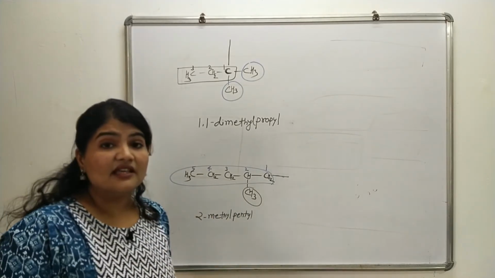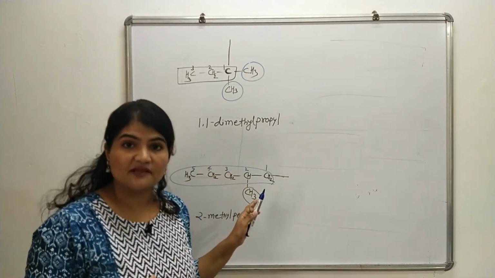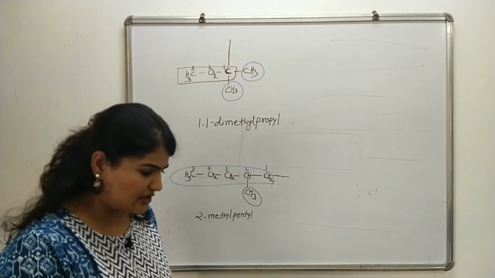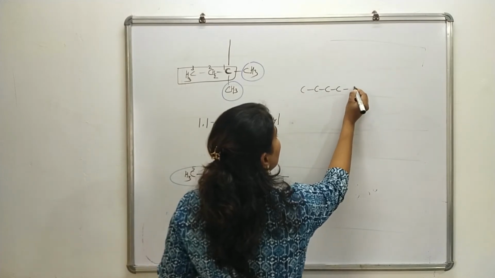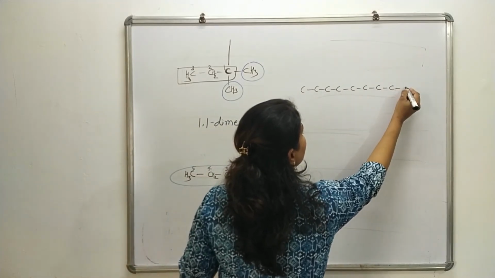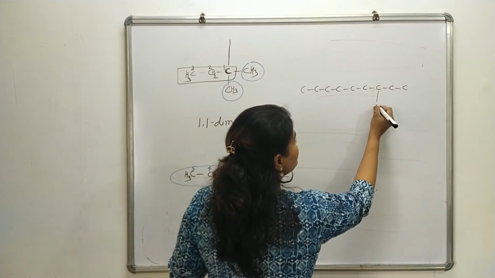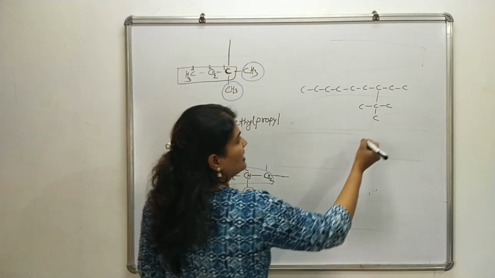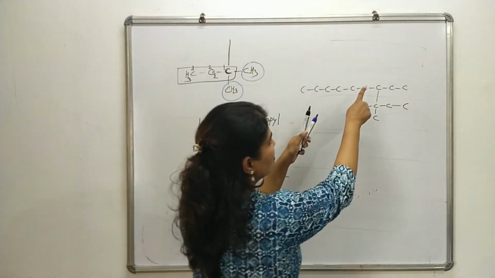Now let's discuss if these kind of complicated substituents are present in a compound, how we are going to name that particular compound. So let me take an example. 1, 2, 3, 4, 5, 6, 7, 8, 9, maybe this one, and here there is a substitution 1, 2, 3 and 4 and 5. Let's do it like this. Okay, now suppose this is the substitution.